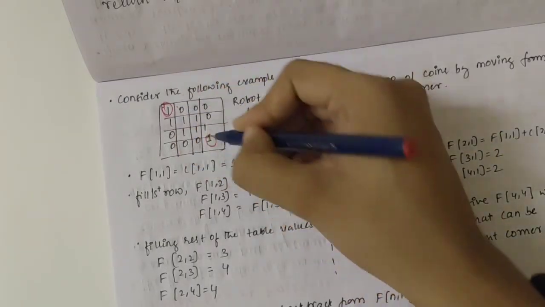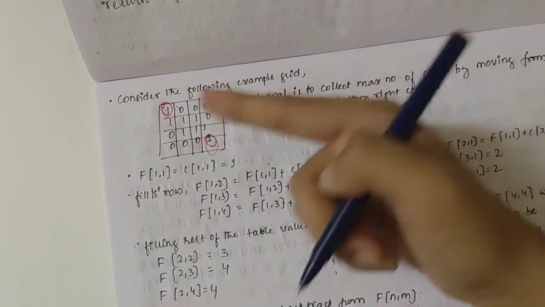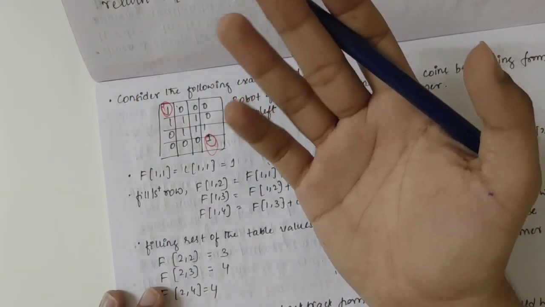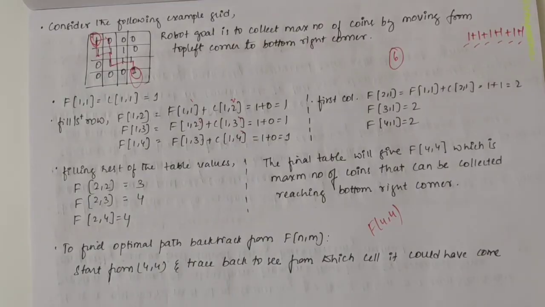Suppose the robot is here and it has to move here, and meanwhile it has to collect the maximum number of coins. So either it can move left or it can move down or right. Okay, the coin collecting problem is slightly trickier, so I would suggest you refer to the textbook once and go through it. It is clearly mentioned there along with proper